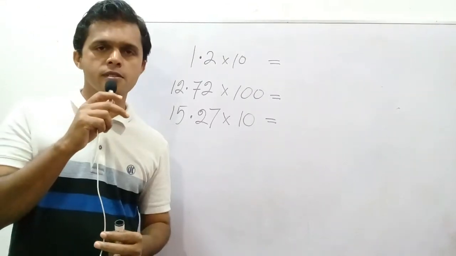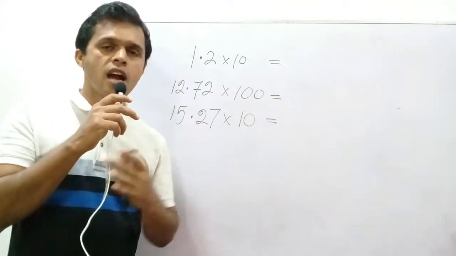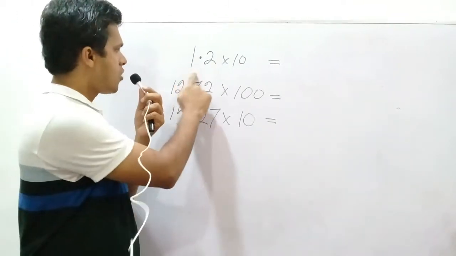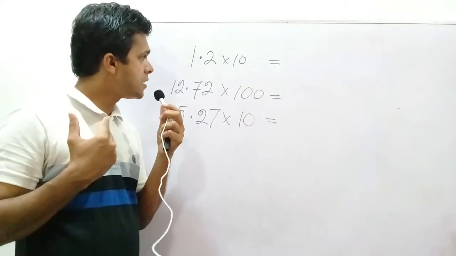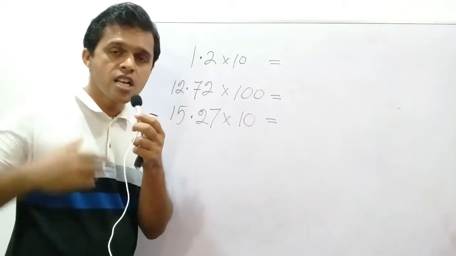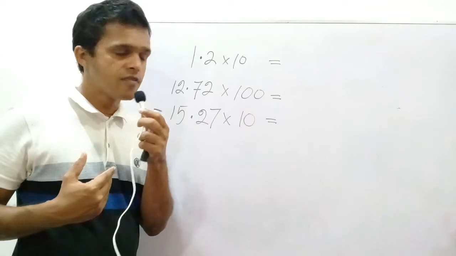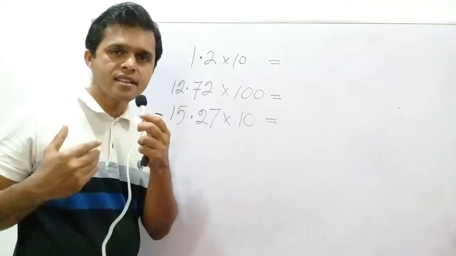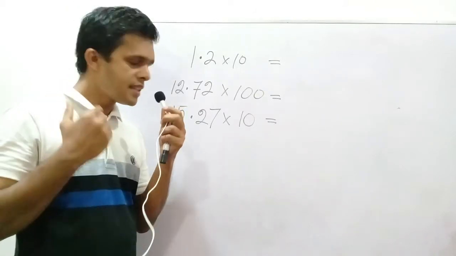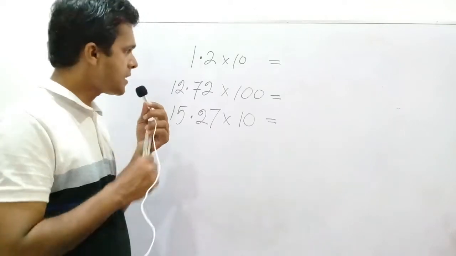Multiplication of decimal numbers using 10, 100, 1000 and so on. Just learn this segment. Here you could see 1.2 and the digit 10 should be multiplied. How can you multiply this decimal number and the digit 10? This method should be understood. Okay, the method is